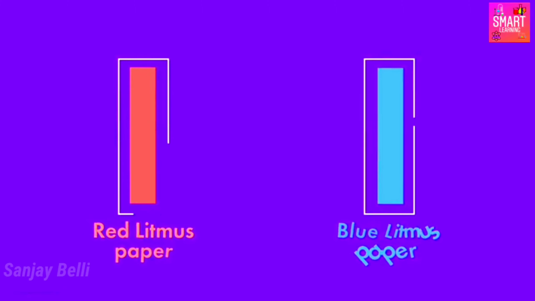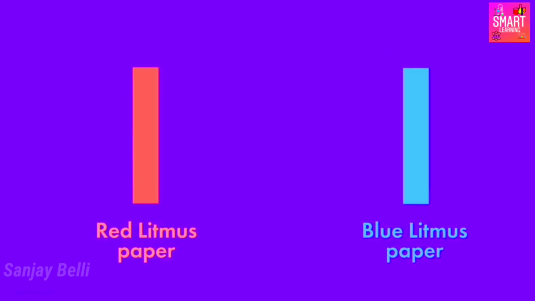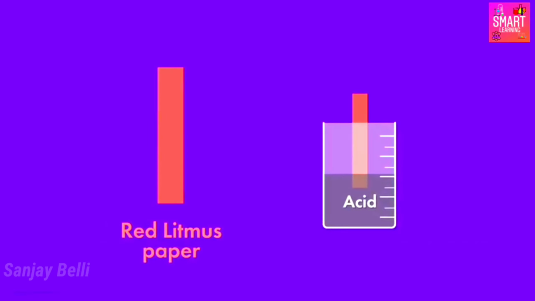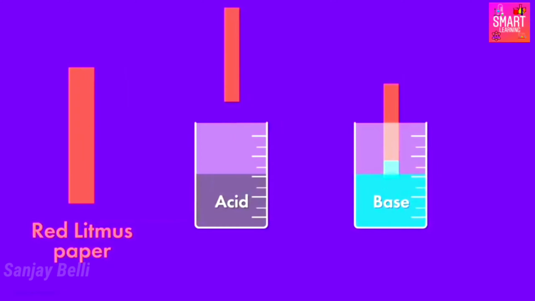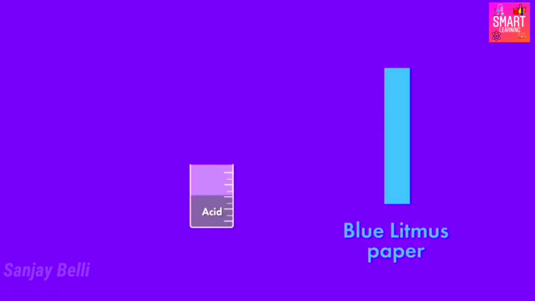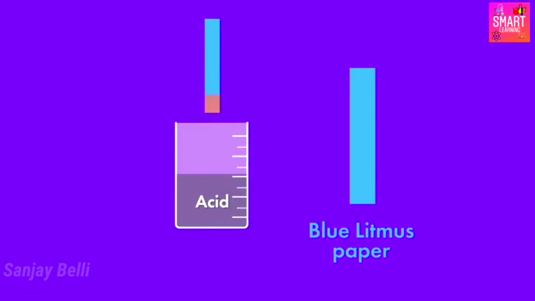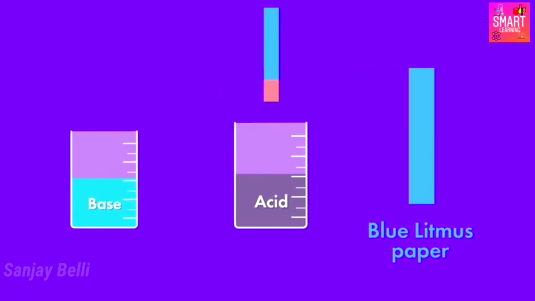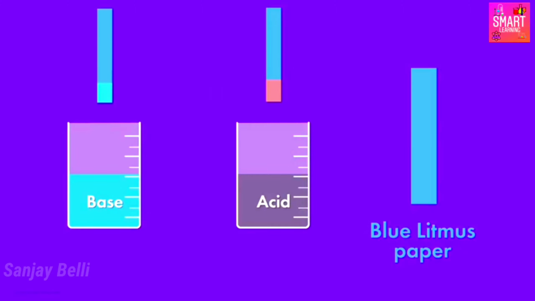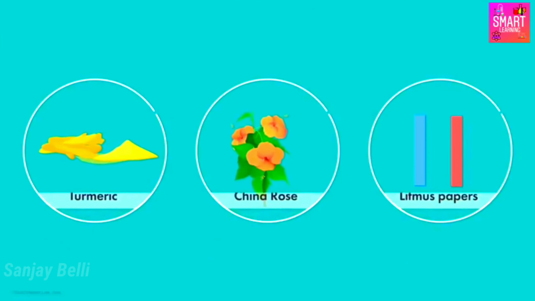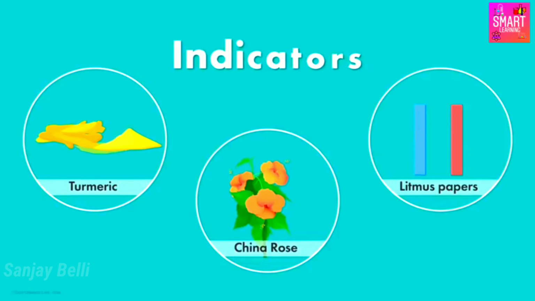Two colors of litmus paper are usually available: red litmus paper and blue litmus paper. The red litmus paper, when it comes in contact with an acid, shows no color change, but turns blue in the presence of a base. In contrast with this, the blue litmus paper turns red on contacting an acid, while it remains unchanged in a basic solution. This is how several compounds are used as indicators that help us in detecting the acidic and alkaline nature of solutions.